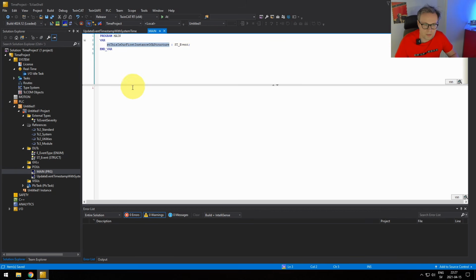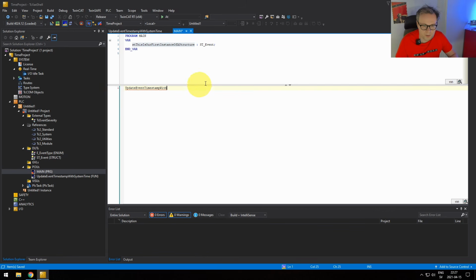And then to fill it, we need to call our new function, update event timestamp. What I usually do, this is a trick that you will use a lot, I just start to write, and then I press Control space. Magic. And then we provide the event. So stEvent equals this magical thing we just created. Now, what's going to happen is that this one is going to be called at every cycle, right?